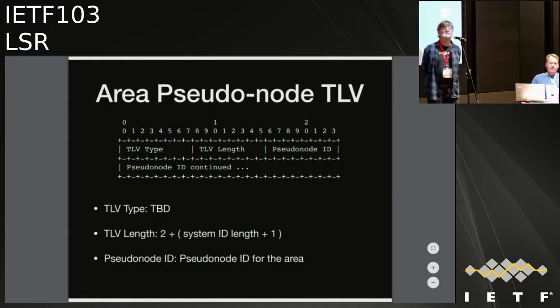Tony, I didn't read the draft. I'm sorry about that. I'm trying to understand this. So you want to be able to transit the lower level area, and then how do you set the metrics for the pseudo-node to the rest of it, right? You want to be able to get in here and get out there. There's a different metric than get in here and get out somewhere else from the area. How do you set this up?